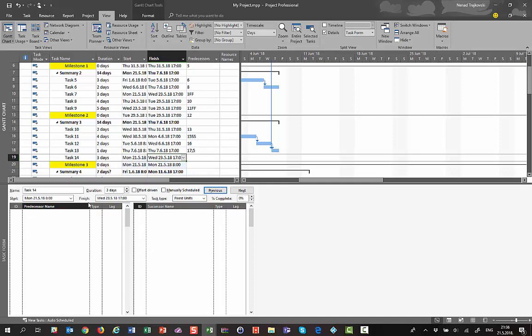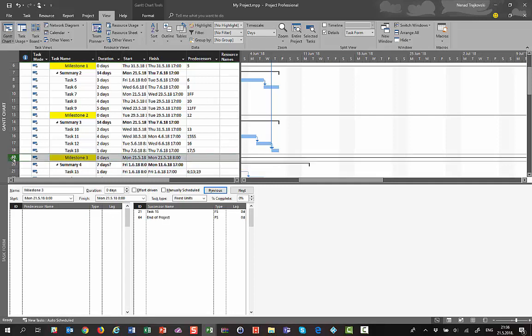You can see that it has no predecessor, no successor, and now I can very easily delete this task,